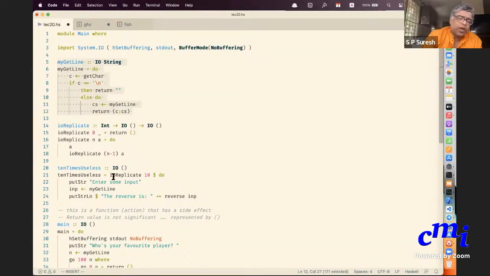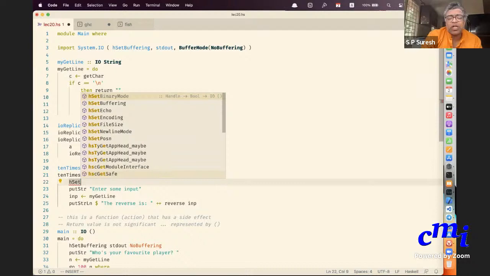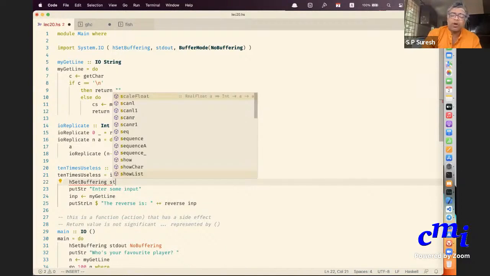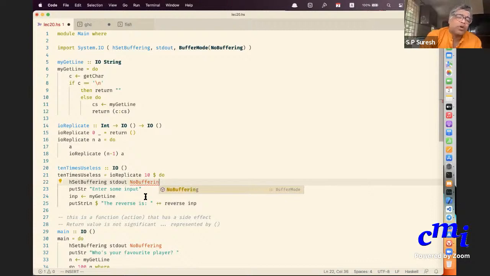So I will also do this hSetBuffering. There was this hSetBuffering thing that I talked about, which you just need to remember: if you do this, then your behavior will be fine. I'm doing this because I'm using putStr, not putStrLn here.